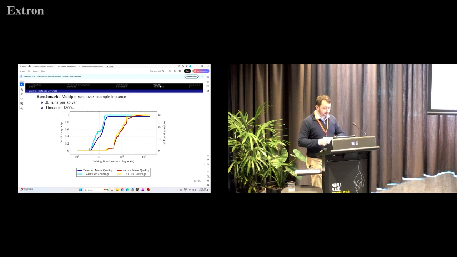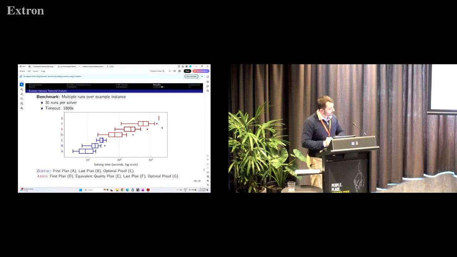In dark blue, we have the mean quality of solution, and we can see that both approaches are able to produce a plan and to improve plan quality really fast. A thing I want to point out is that there is a difference between Zortag optimality and Graviers optimality. Graviers produces the optimal plan for the mission, but with our approach, the hypotheses in the CSP model downgrade the plan quality a little bit. I want to emphasize that it's a marginal gap, and we are way quicker